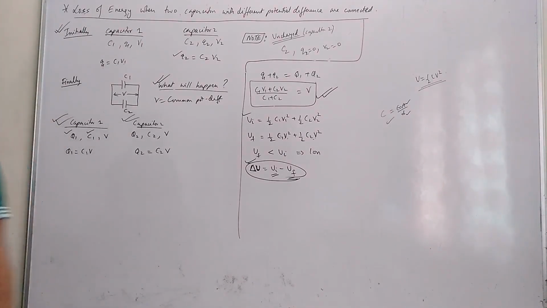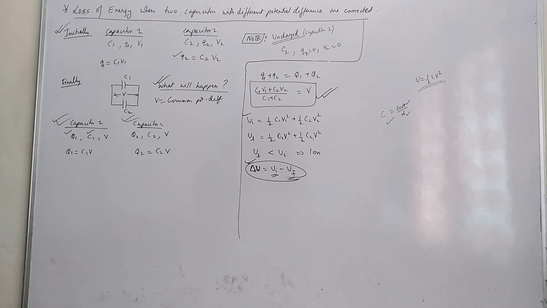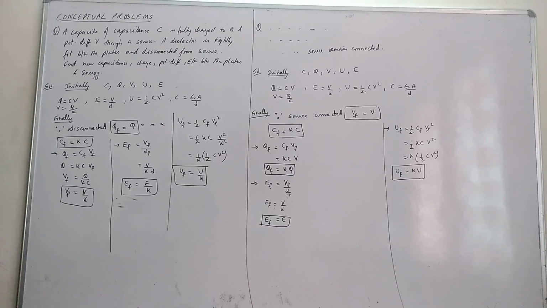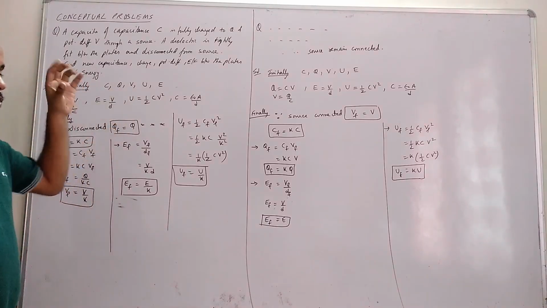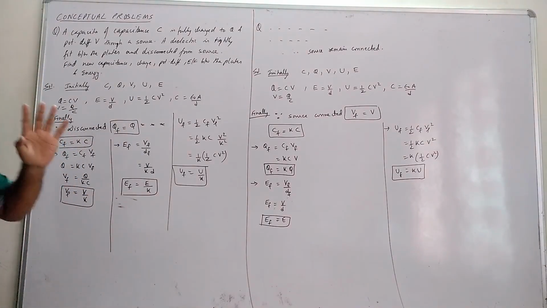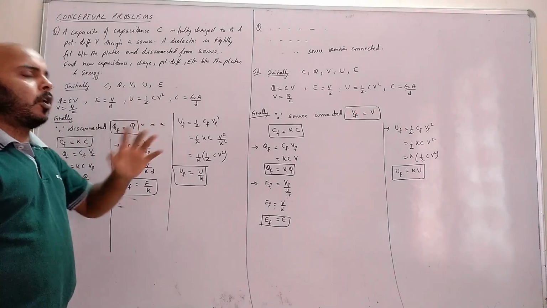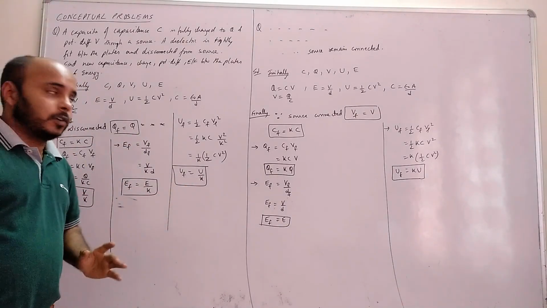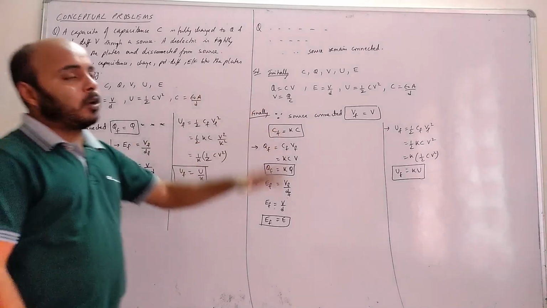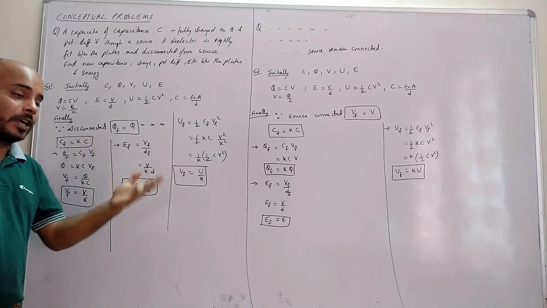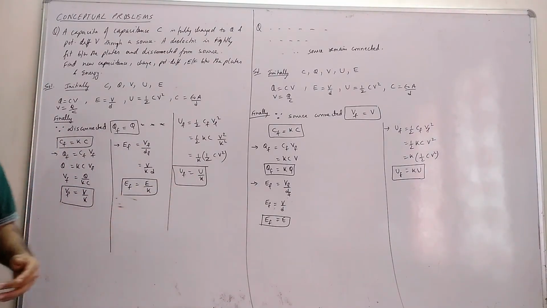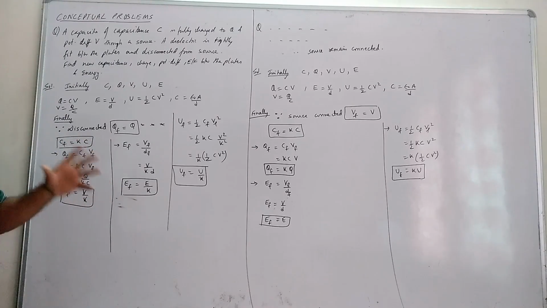Okay, now we'll go to the next numerical concept, which is very important. These are two very important conceptual problems which are there in your notes, at the end. This is always asked in boards every year. There are multiple parts I have solved. Out of them, they may ask you 2 parts, or 3 parts, or 4 parts, or all the parts together can come as a 5 marks question. It may happen like that also. So try to understand, this is a very important question.